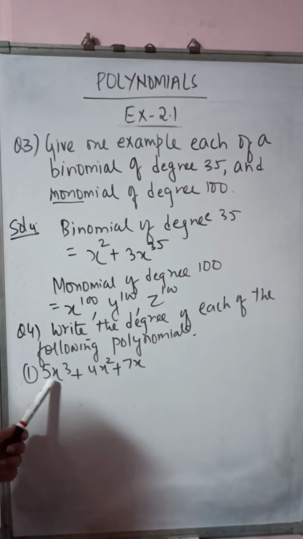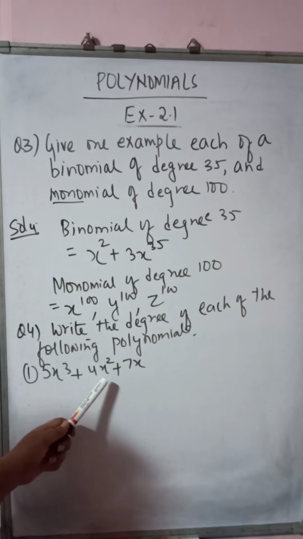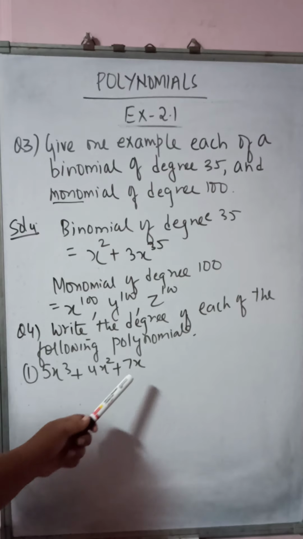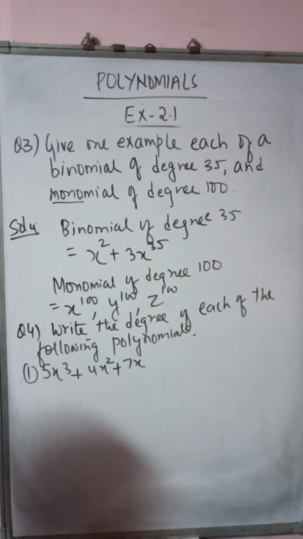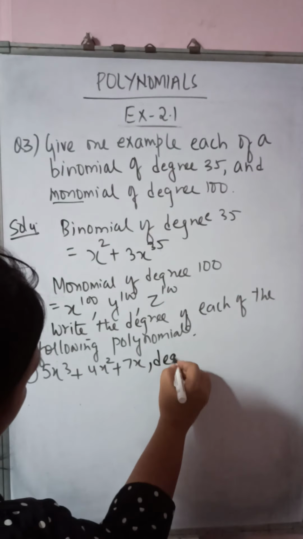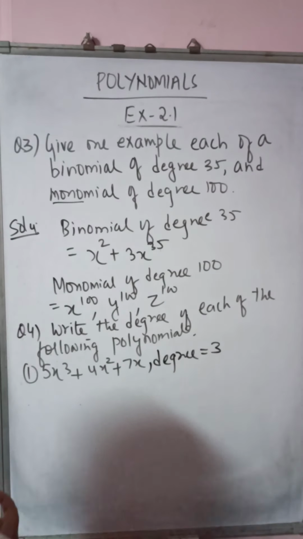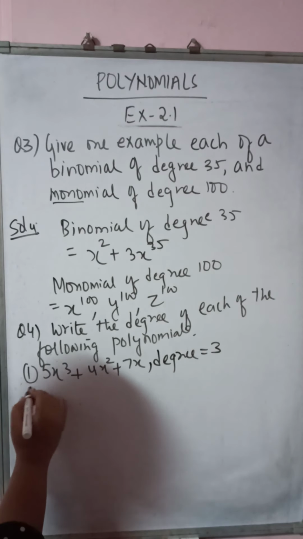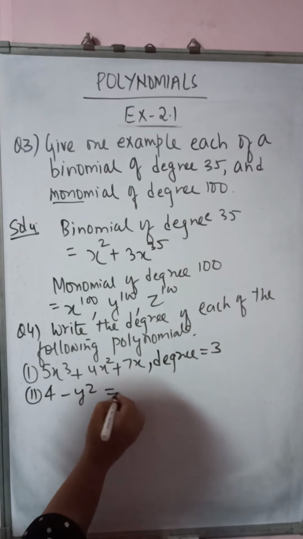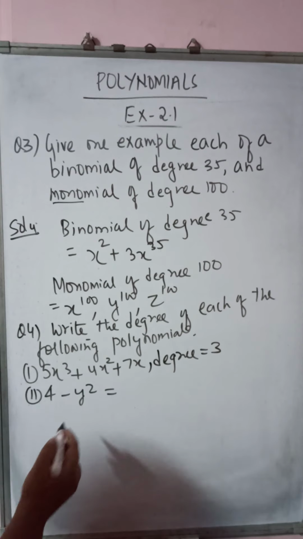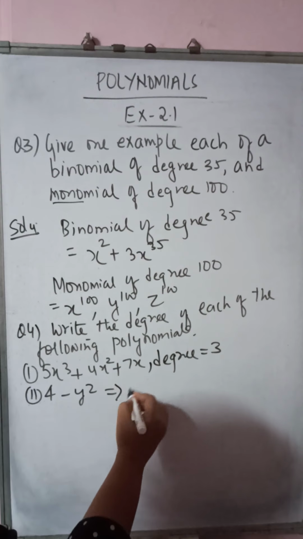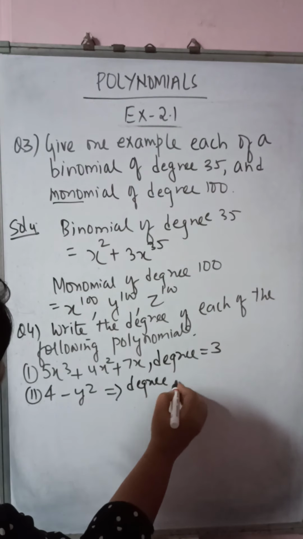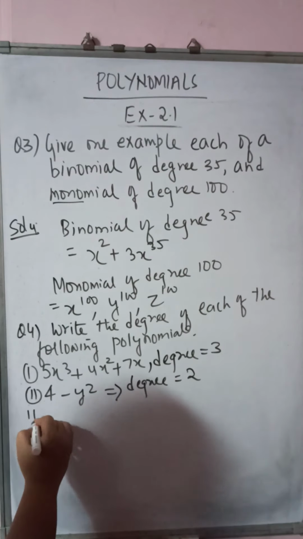So when you check the first term, the power of the variable is 3. When you see the second term, the power of the variable is 2. When you see the third term, the power of the variable is 1. So among all these three terms, what is the highest power? 3. So degree will be 3, highest power. Okay. Second, 4 minus y square. Now what will be the degree? So here only one variable, and what is the power of that variable? 2. So degree is equal to 2. Third,